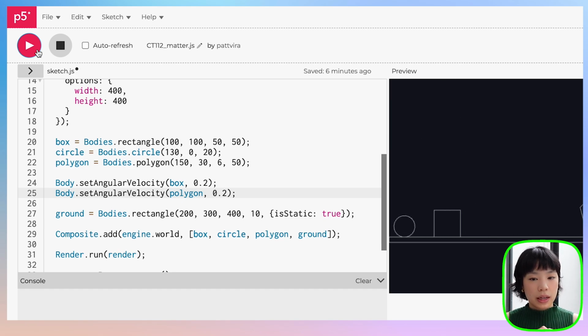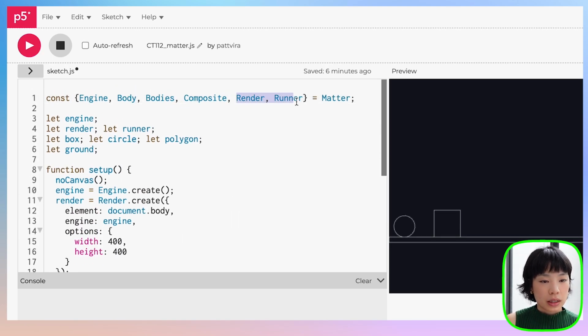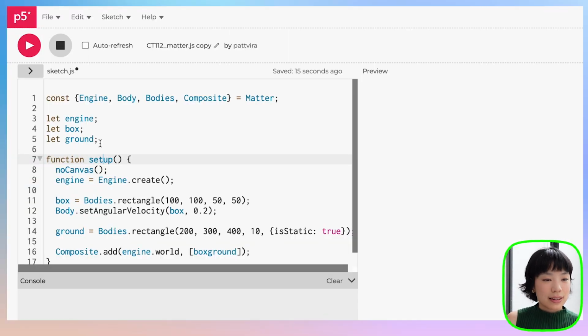Perfect. Okay. So now the polygon is gone. All right. So now let's connect it with P5. And as I mentioned before, we will not need render and runner anymore. I'm going to also share the sketch, but actually let's just duplicate it. A few moments later. All right, so when you didn't look, I deleted render and runner modules and also all